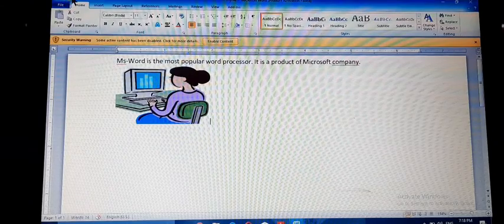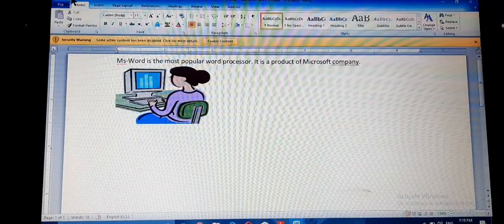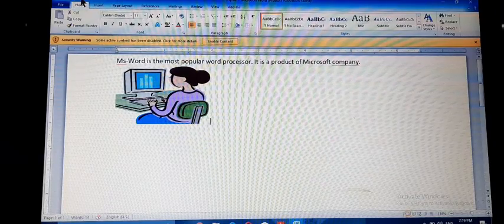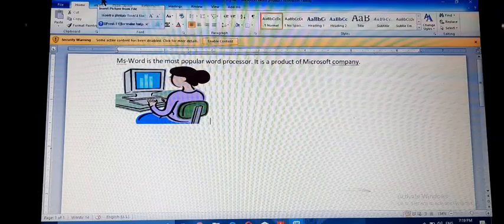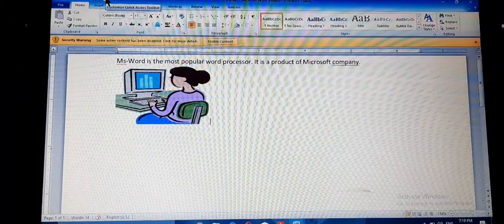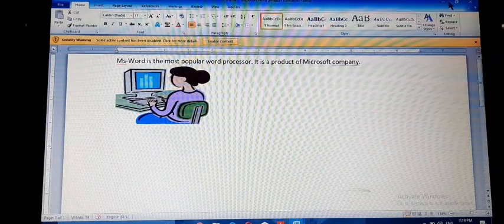Here there are some shortcut keys like save, undo, redo, section break, page break, insert picture, quick exit toolbar, and at the right side of the document three buttons: close, maximize, and minimize.